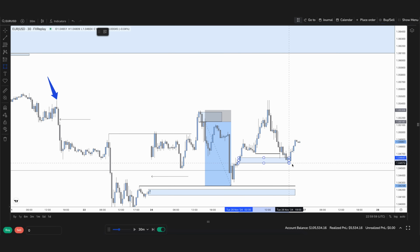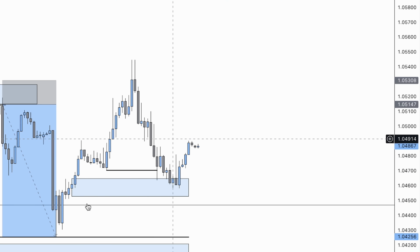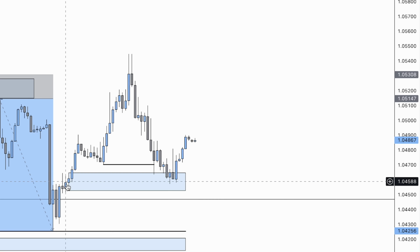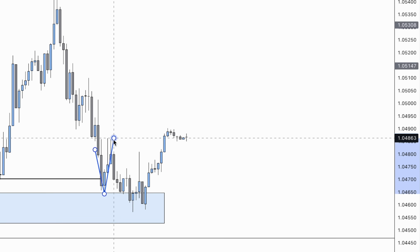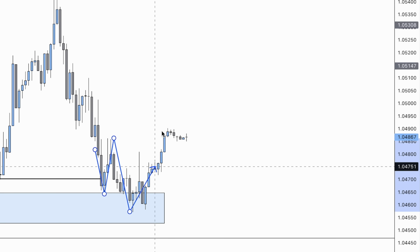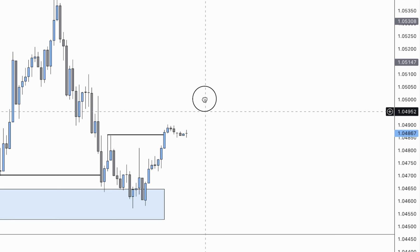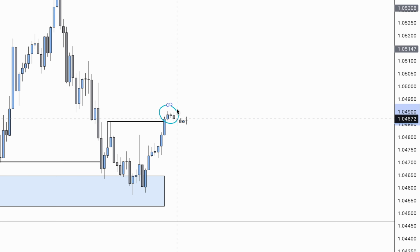Now this indecision candle here, the last candle before the impulse, is what I consider as my demand. We have an efficient range below that on this time frame, and that does change if we go a little bit lower, but by this point we'd already seen the market structure shifting. So here we have a lower low, lower high, lower low, higher high, right? And we've seen a push up just here, breaking through the structure. We have closures around this point here, validating that we are indeed now shifting into an uptrend,